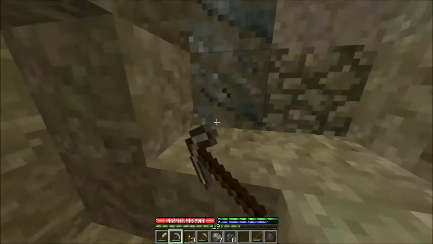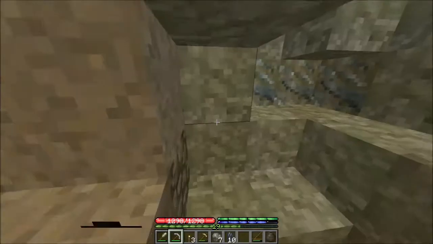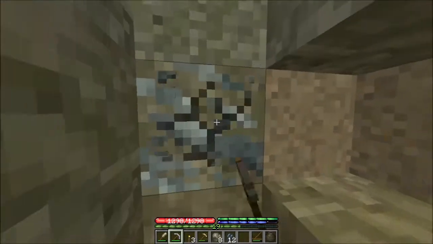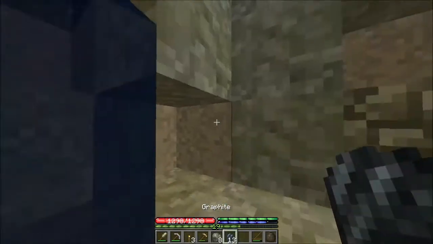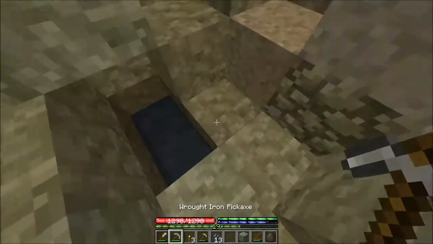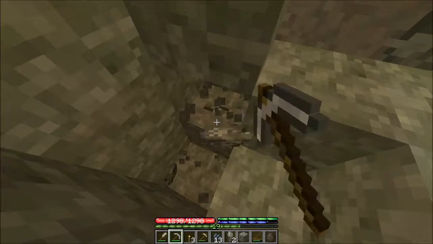But graphite is the final ingredient of fire clay. We need to grind this down in our quern, or I don't know how to pronounce it. But once we do that, we will officially have everything we need to get fire clay. And I'm digging underwater. Dang it. Is there a spring or something? Yeah, whatever. But I'm going to dig up a bunch of this, and then we can get back to the